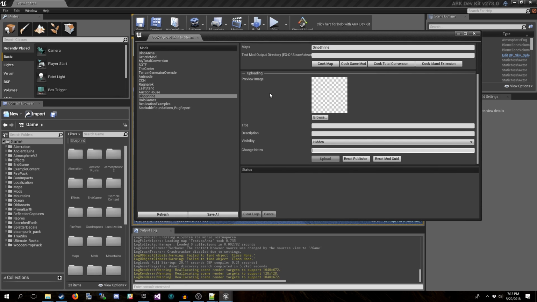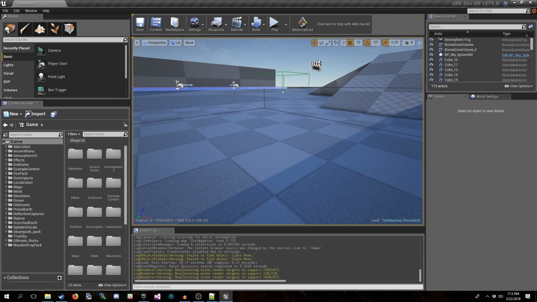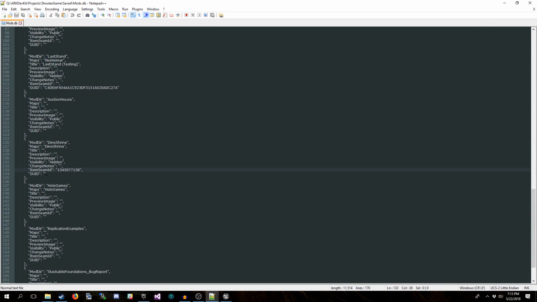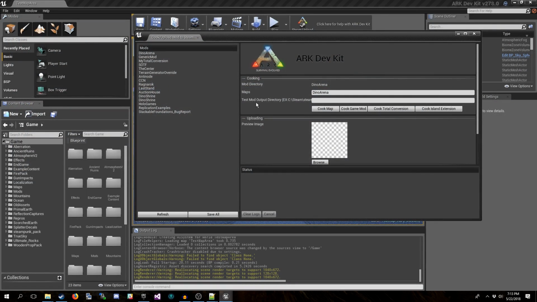So now, if say I wanted to add a second item, go back into our mods.db, try this again. Again, I recommend using Notepad. It could have been that when I copied it before, Notepad++ didn't have the right formatting, so when the file went back in, it broke. Let's see. I might have to restart the kit for that to pick up. Nope, I sure don't. Look, they're both there.